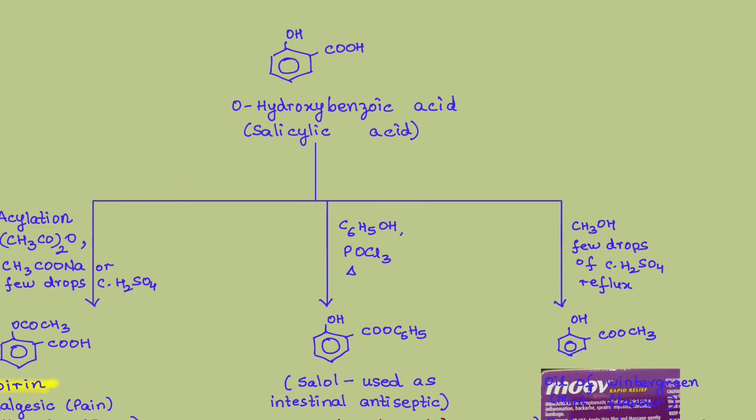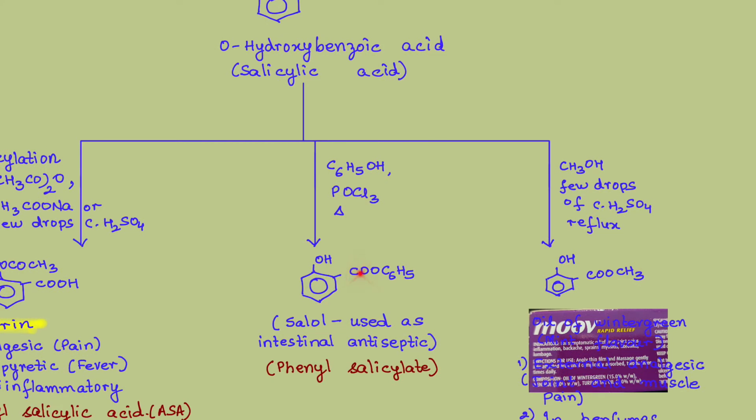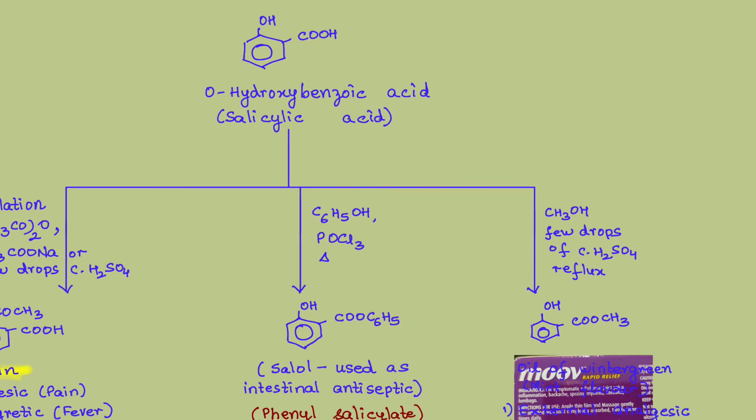Now it's our COOH group which is going to come into the picture. COOH group undergoes esterification, right? So we can treat it with phenol. What is esterification? Reaction of alcohols with carboxylic acids to give us esters. Now depending upon what alcohol you're taking, if you're taking phenol, then we have the OH being replaced by COOC6H5. And if I react with methanol, then I will be introducing the OCH3 group into the